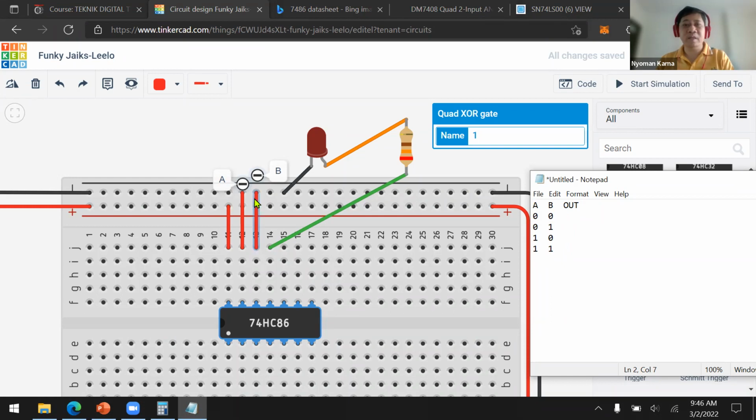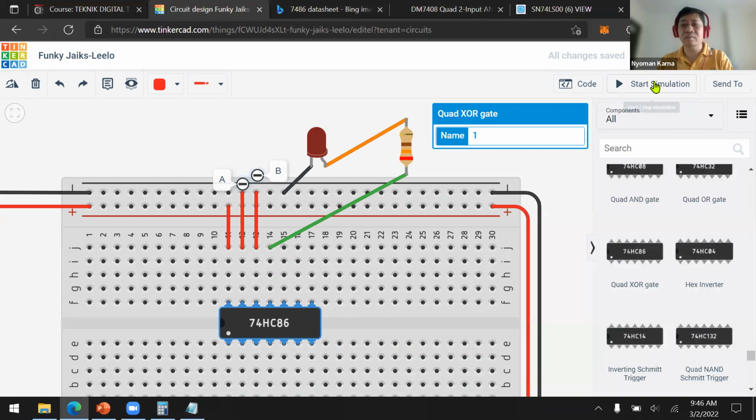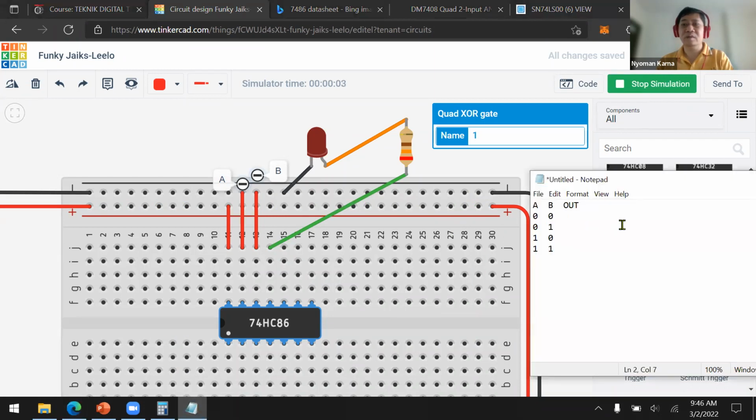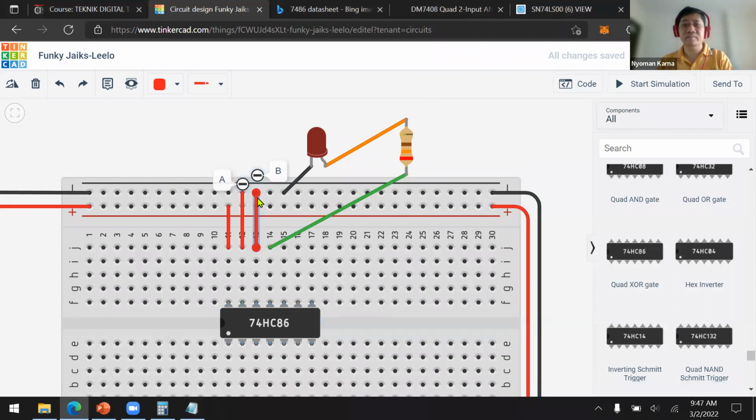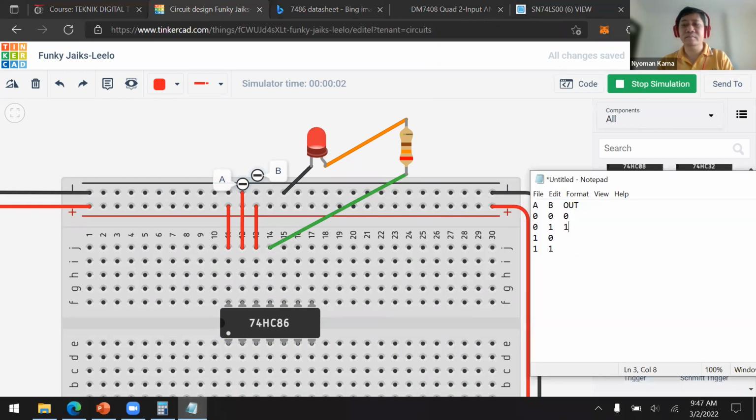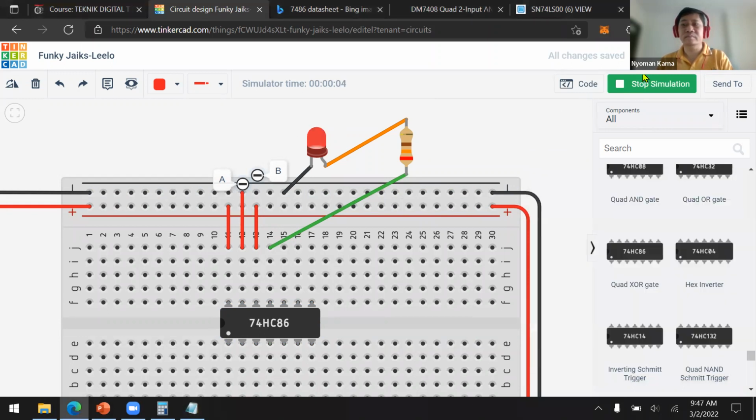Now 0 0. What will be the output? Nothing. So 0 0 0. How about 0 1? On. How about 1 0?